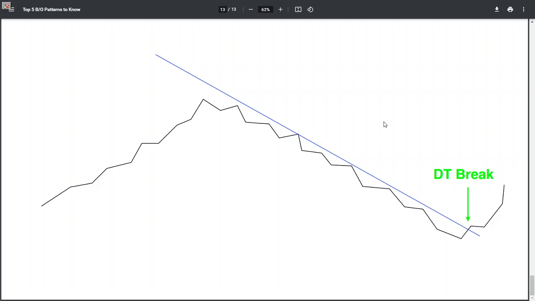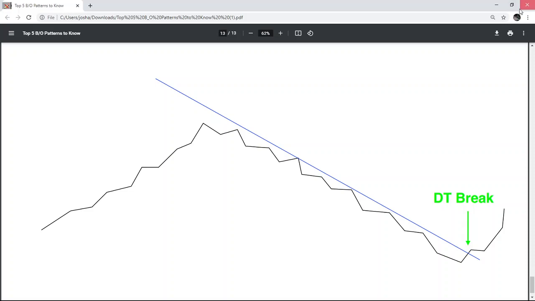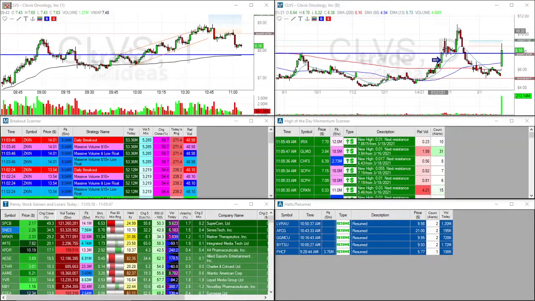Top 5 breakout patterns to know. Hope that helps you guys out. For any newer traders, definitely crucial. I know, I try to break it down as simple as I can so it's not so hard. But that's